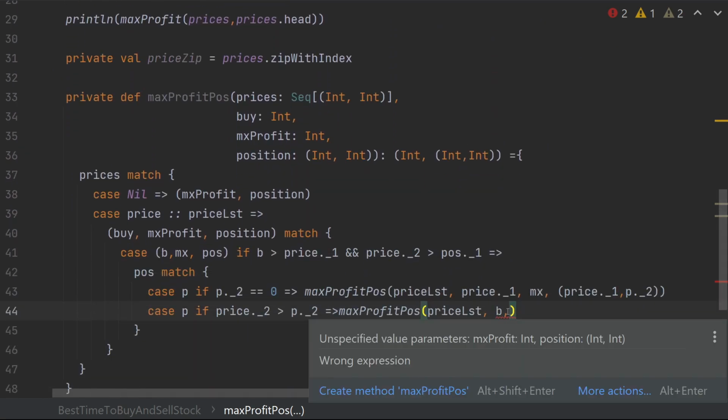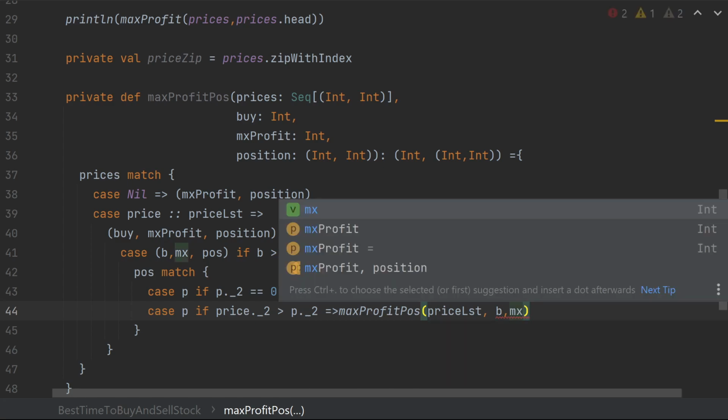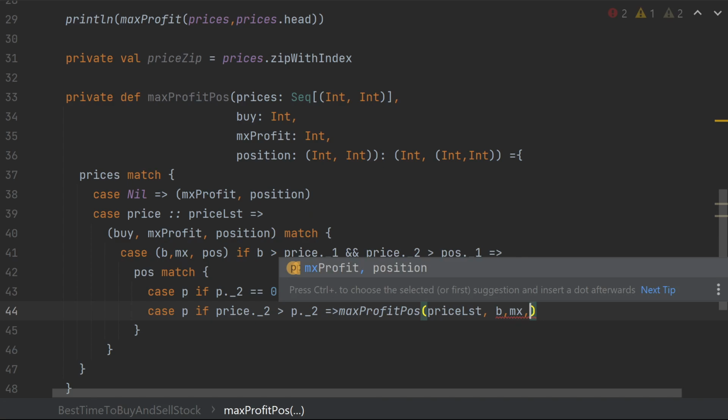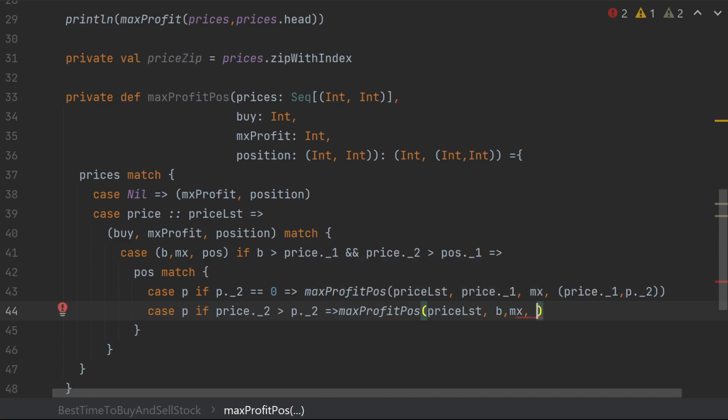Now the max value is going to be as is, because there is no change in profit as of now. Max profit remains the same, and the position that is being passed is p. So now it is incrementing, we are waiting till it reaches the end. Now let's implement the